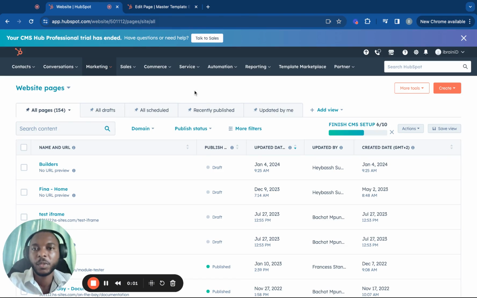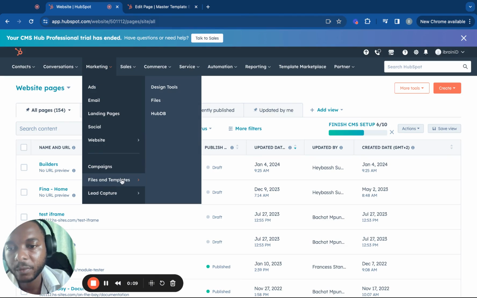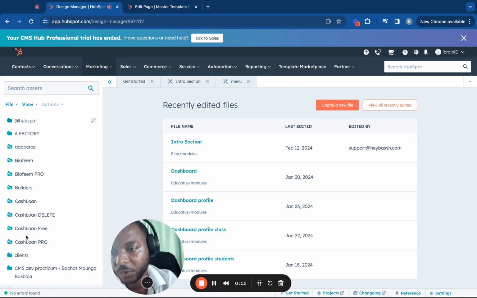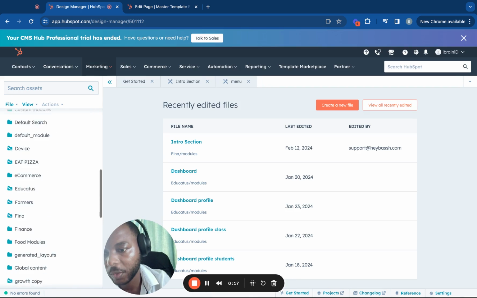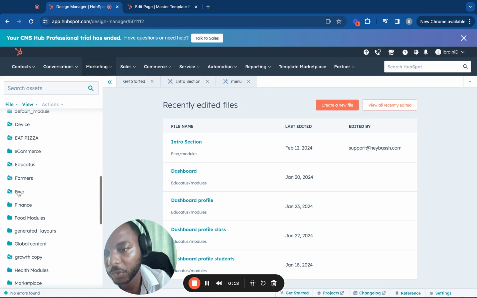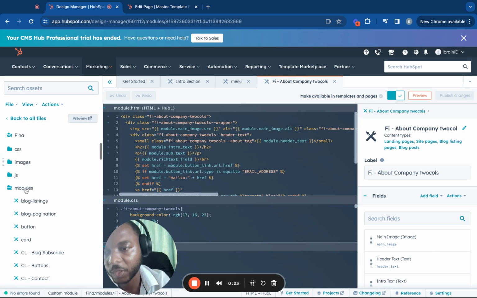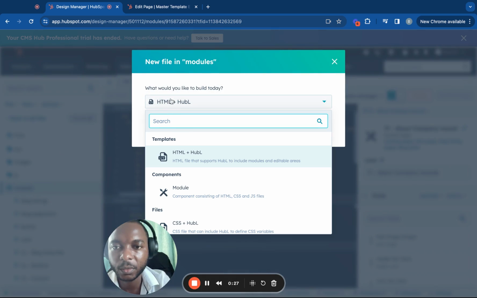We're going to create a two columns module. So you go to Marketing again, Files, Design Tools, and then you're going to have to check which theme we are working on. So you're going to look for a theme. Once you find the theme, you have to create your module under the folder, New File, and then you